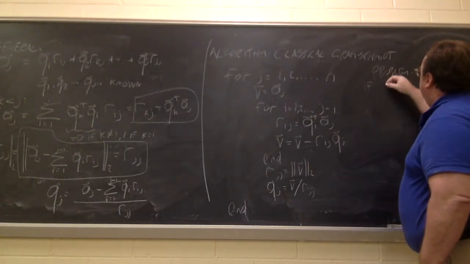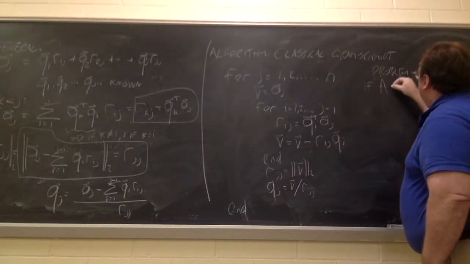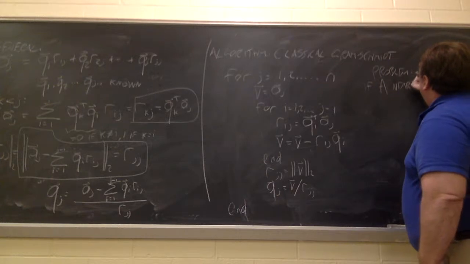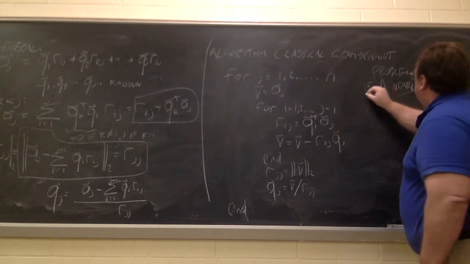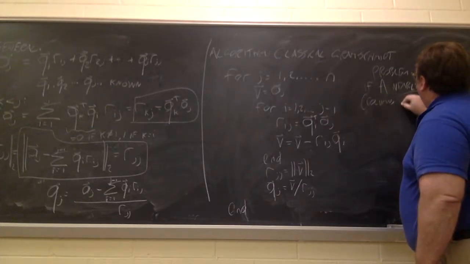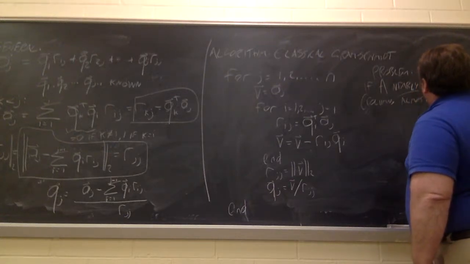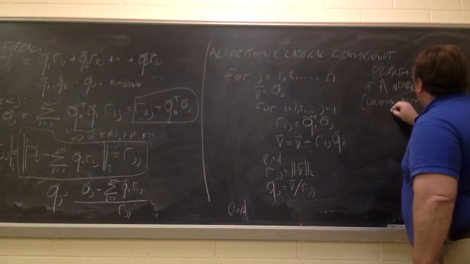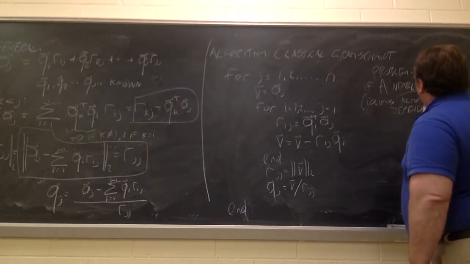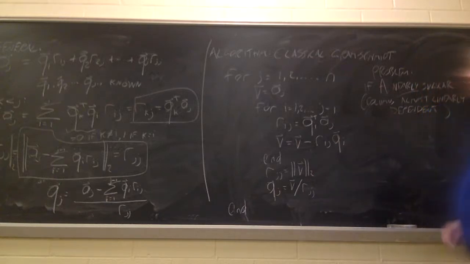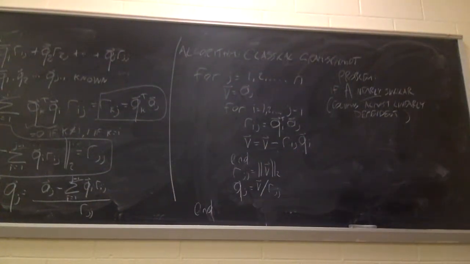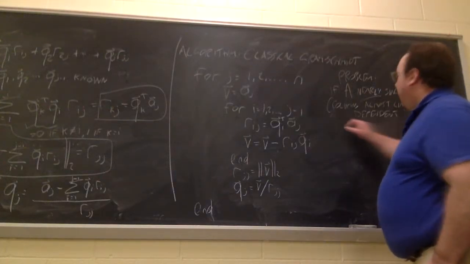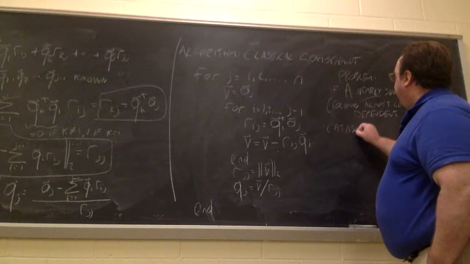is if A is nearly singular, meaning the columns are almost linearly dependent. In other words, one column, or at least one column, is almost a linear combination of the others. Put another way, A is very badly conditioned. So if that happens, you get catastrophic cancellation